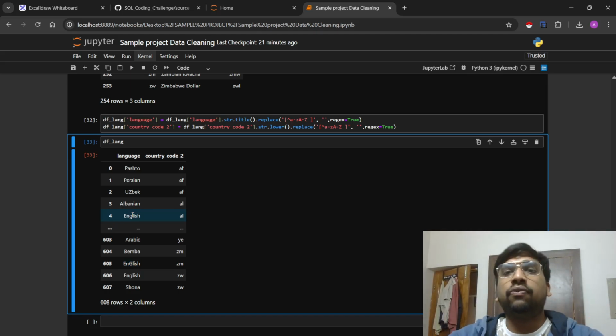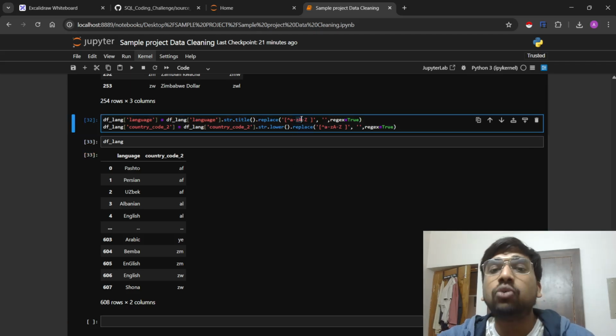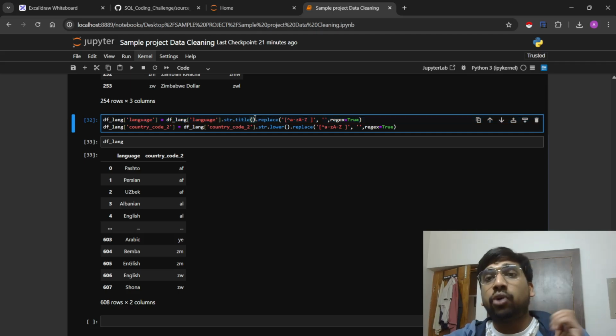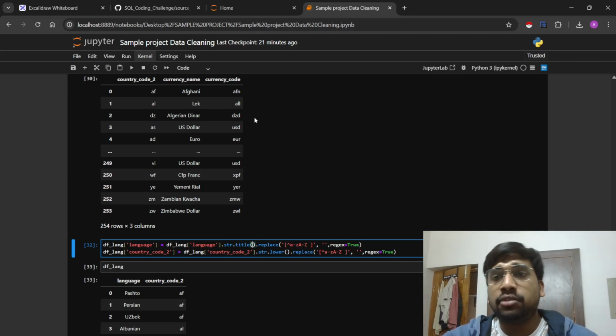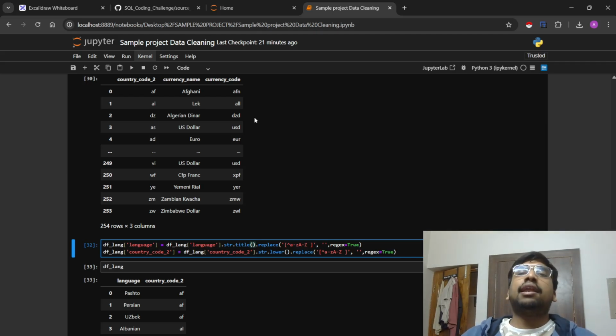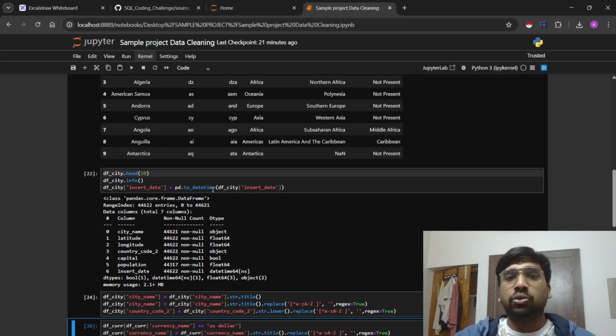So yeah, this was all about how to do data cleaning in pandas. I hope you guys must have learned a lot from this video. I know you must be thinking that in this video we did one operation and repeated it many times. But one must understand that we also learned a lot of things, like how to replace the special characters, how to only keep alphabets, why .str is used, and so on. And some higher level of data cleaning skills, not advanced, but for example, to keep US dollar, the US should be capital because it looks clean.